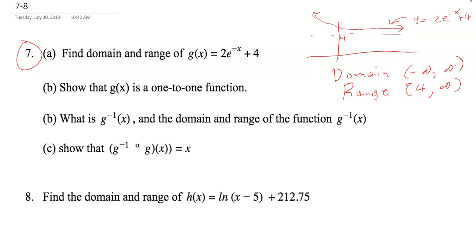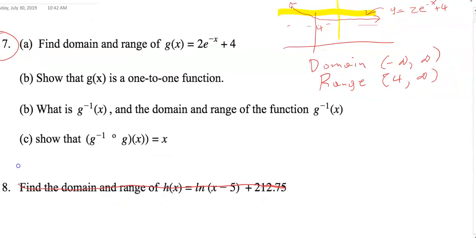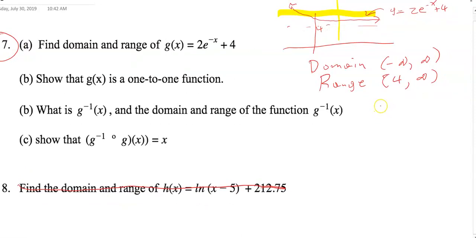Now show that g of x is 1 to 1. Again, if you sketch the graph, you could just say it passes the horizontal line test, and the vertical line test, both horizontal and vertical line tests. Algebraically though, part B, algebraically,